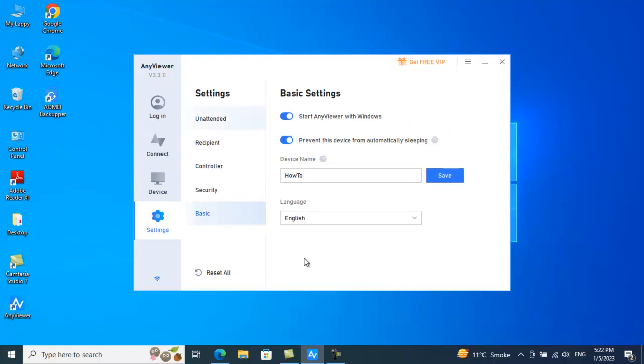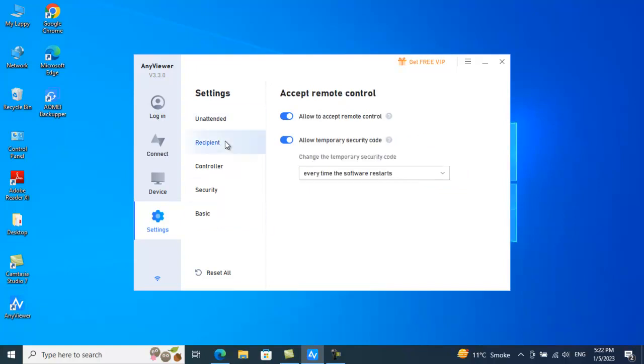And if you want to come back to the default settings that AnyViewer has provided so far, if you feel you have messed up something, you can just click on reset all, and then it will make it your factory default settings. Okay,